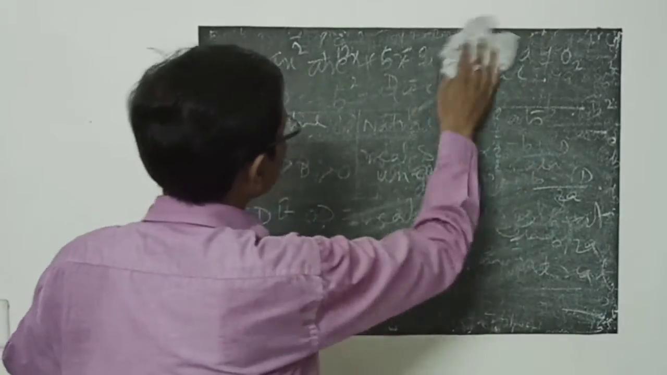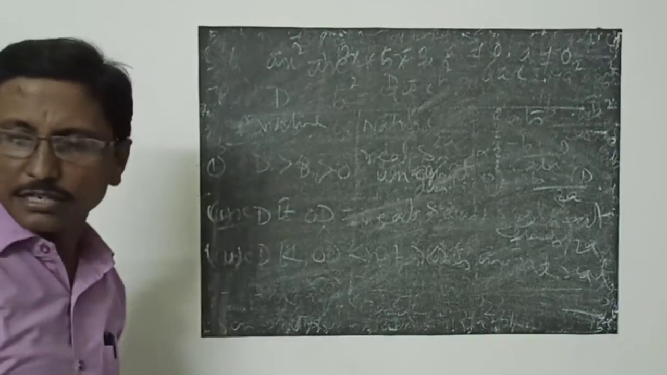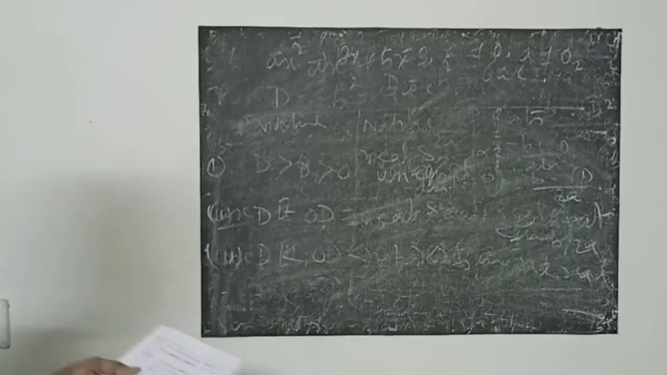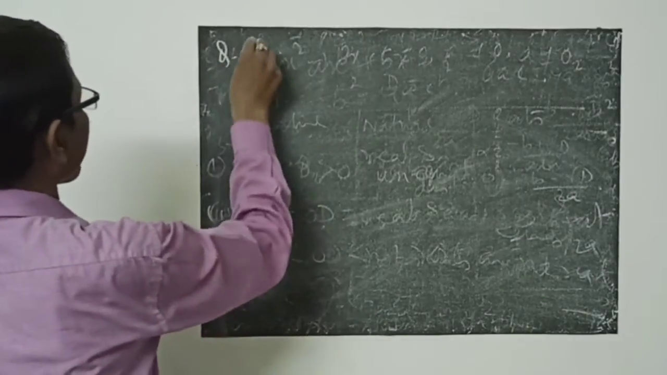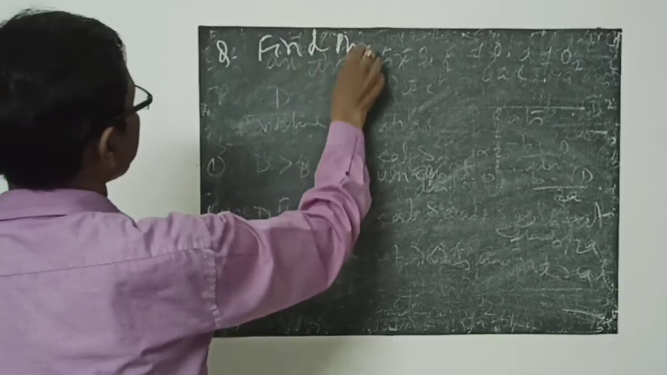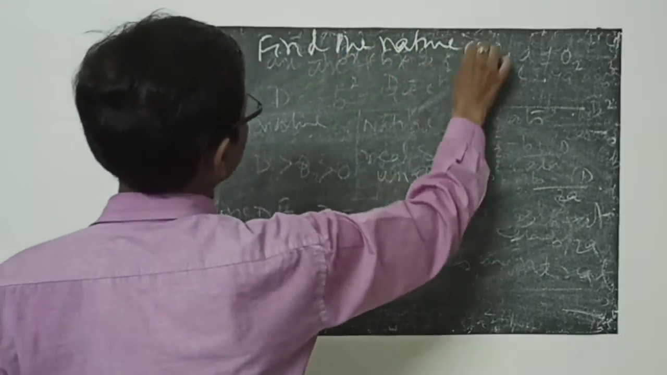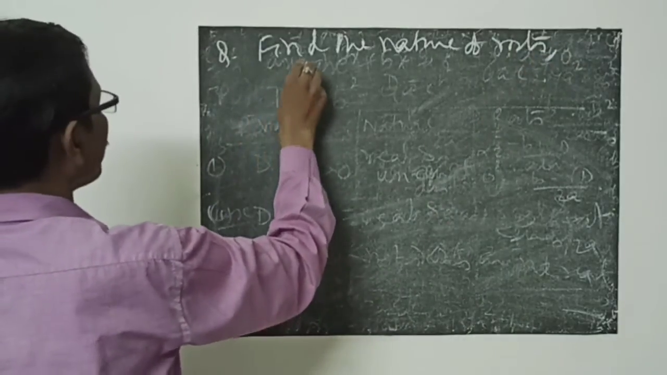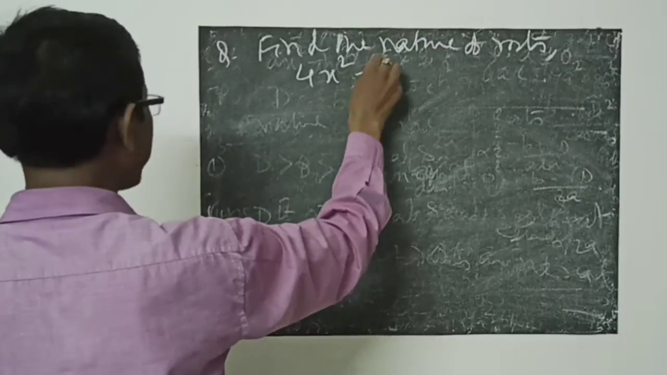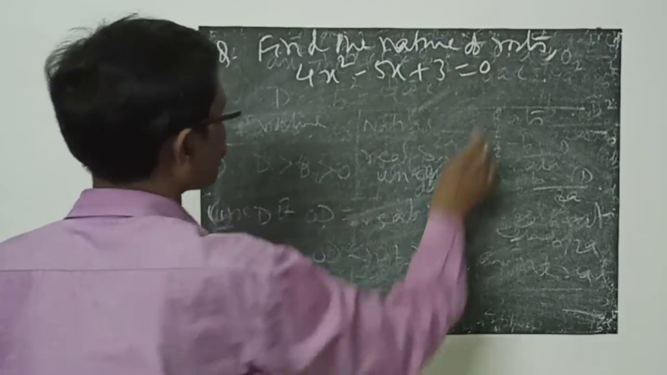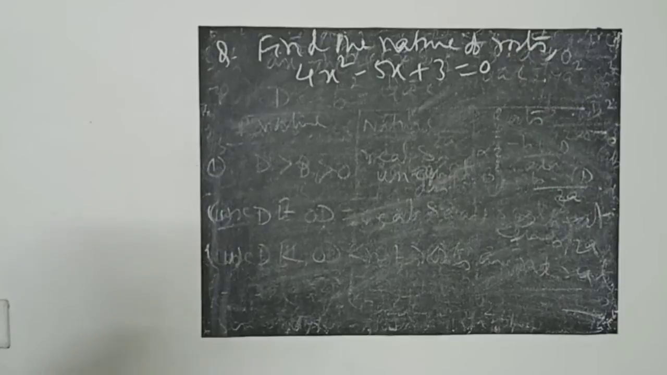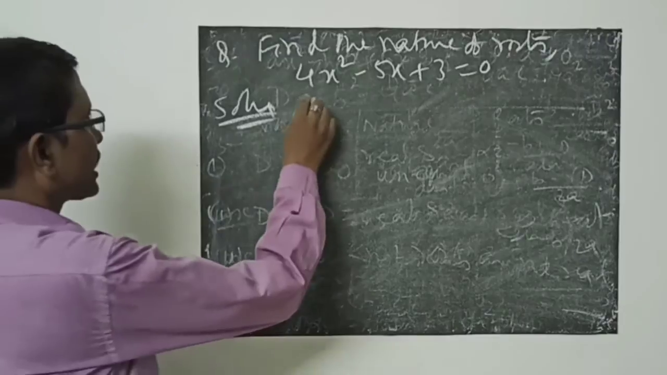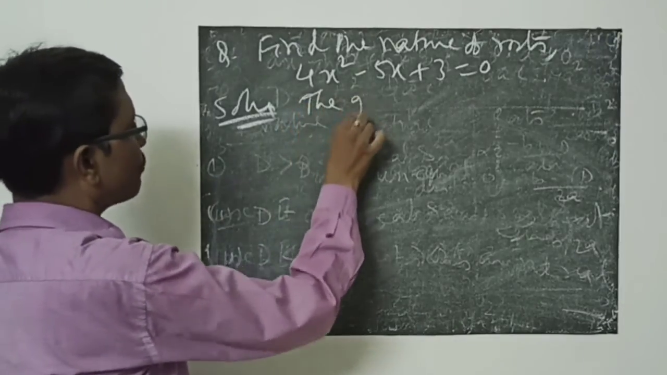See, first question. Suppose you have one question: find the nature of the roots of the quadratic equation given to you, 4x square minus 5x plus 3 equal to 0. The given equation is always compared with the standard form. So the given equation is in the form of